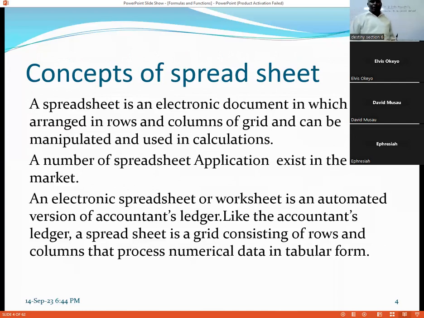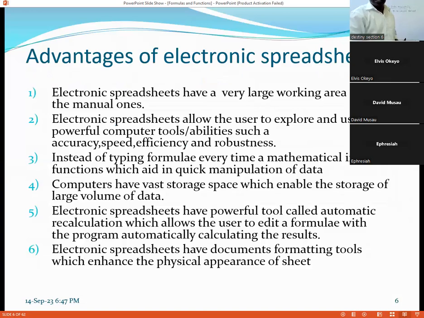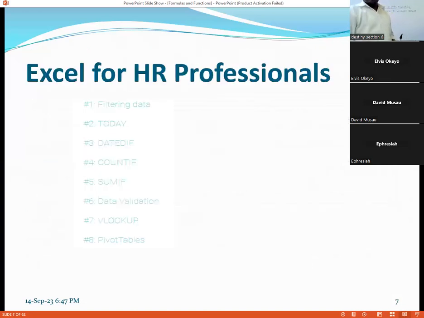I'll be conducting it practically, but make sure that you go through these notes, how electronic spreadsheets are used and the advantages of electronic spreadsheets, that is it. And then Excel for human resource professionals. So there you need those,